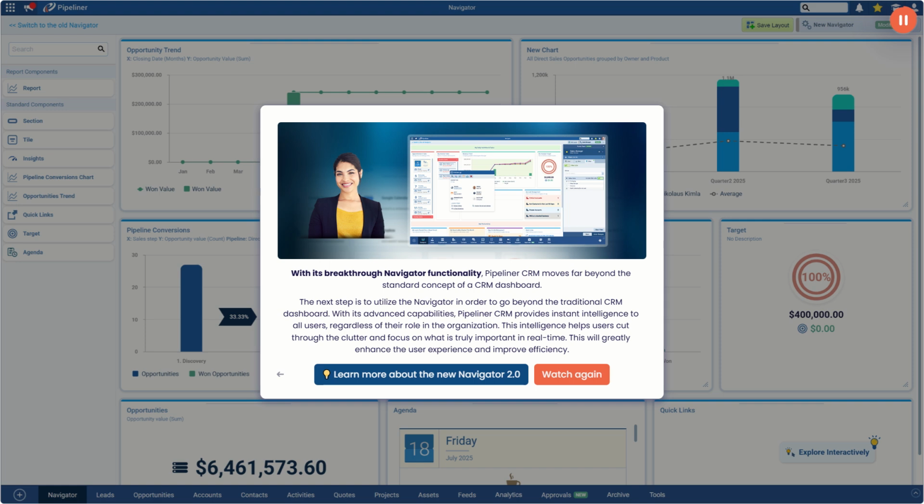With its advanced capabilities, Pipeliner CRM provides instant intelligence to all users, regardless of their role in the organization. This intelligence helps users cut through the clutter and focus on what is truly important in real time. This will greatly enhance the user experience and improve efficiency,